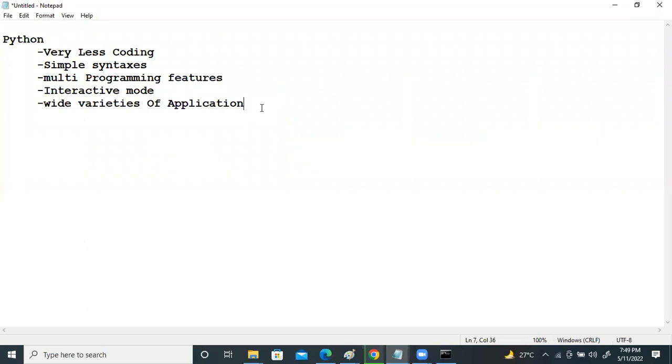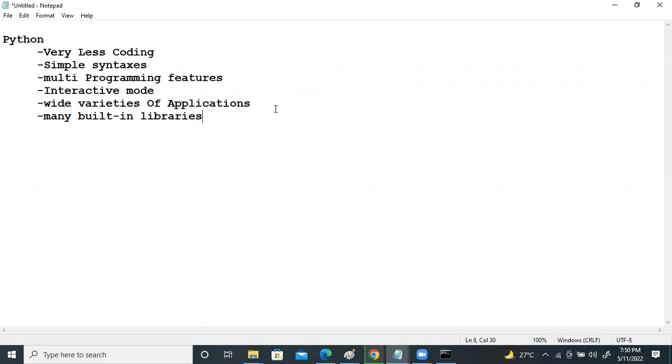If you see, writing automation scripts within AWS or DevOps, or in IoT or robotics, we write scripting using Python. And web application creation using Python. Wide varieties of applications and many built-in libraries. We need not write huge code to perform tasks using Python. Already we have many built-in libraries like modules, methods, functions available, using which we can perform operations in a simpler way.